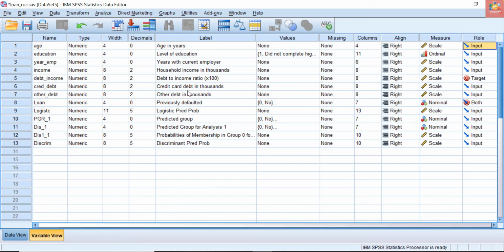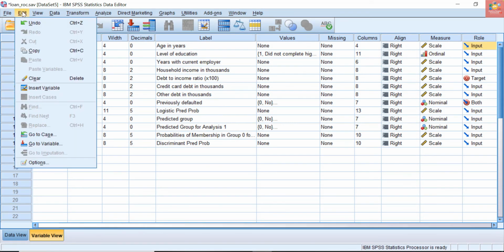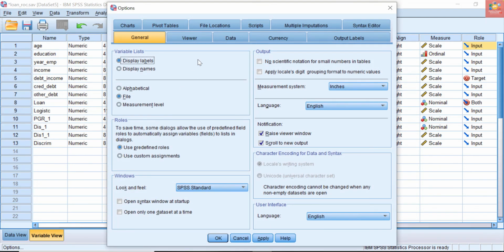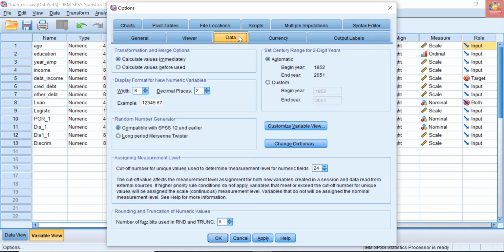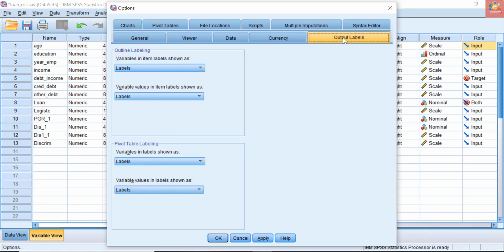And the next one is how SPSS looks. If we go to the edit window and options, there are a bunch of options you can change if you want to, in viewer, in data options, output labels. If you are outlining labels, you can change it so that name and label both show, or only label if you want.